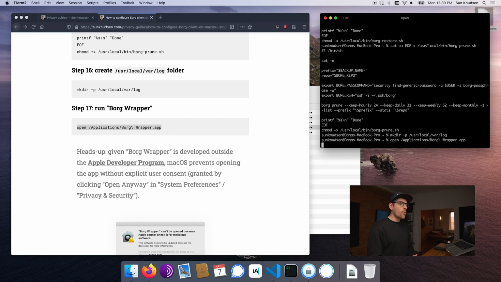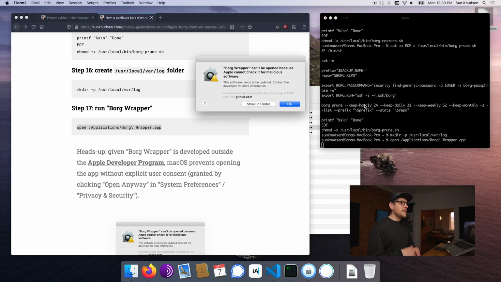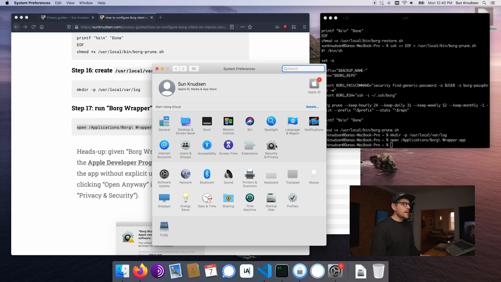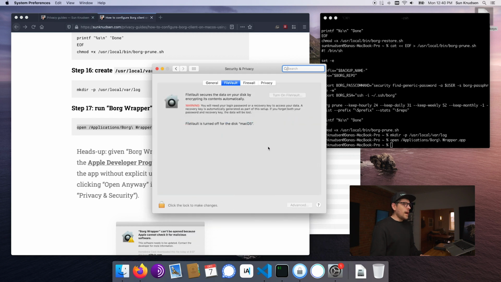So when we open Borg wrapper, given the app is developed outside the Apple developer program, it's developed by myself, we need to explicitly authorize it. So if you say OK, then if you go into System Preferences, Security and Privacy, by the way, you'll see